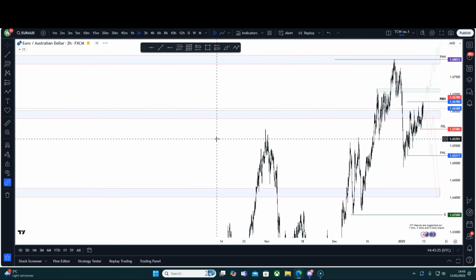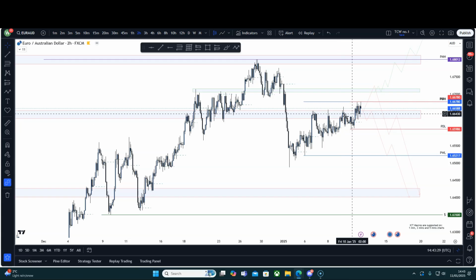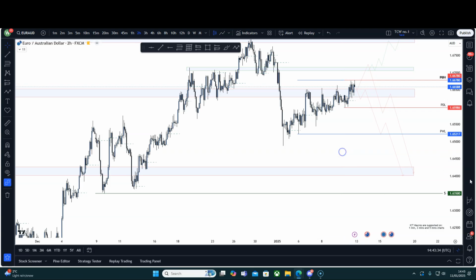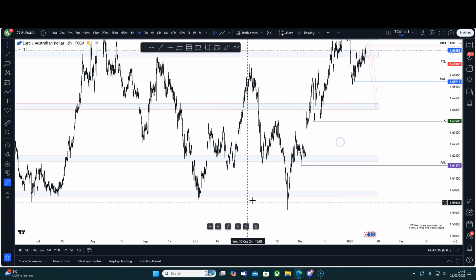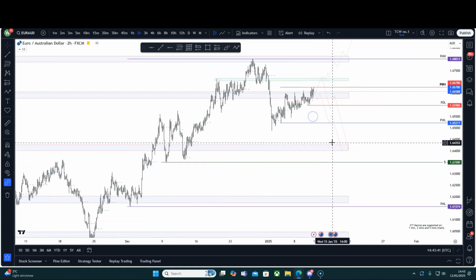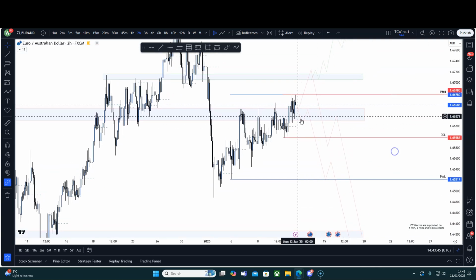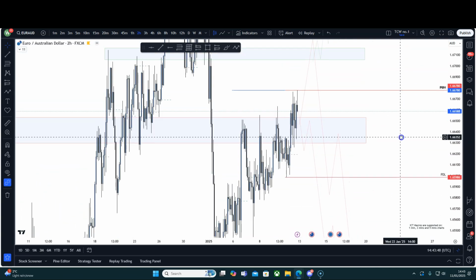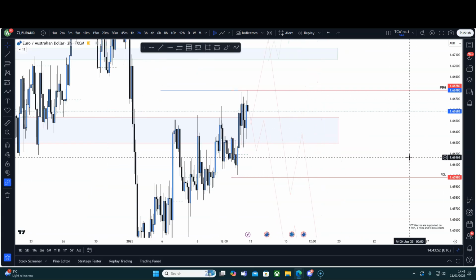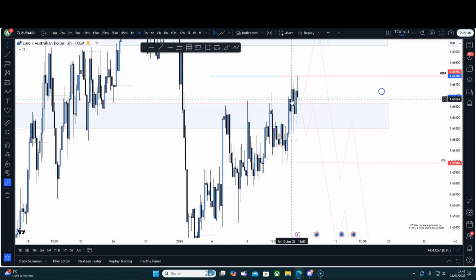We've got this range, this big range here. Now, we've popped above into the next range. We've got a break of structure to the downside, and of course, the price has been continuing to be bullish without a major pullback. So everything aligns for a sell-off from here. If you can see how price ran this high and failed to close above, on the 2-hour time frame price has not been able to close above. It's shown us that it is bearish.